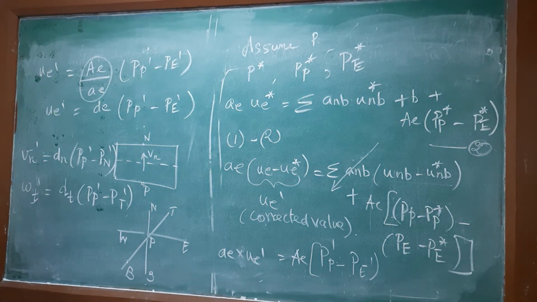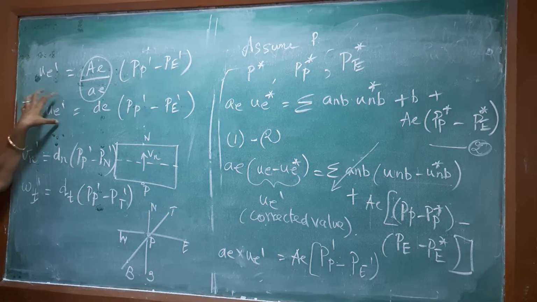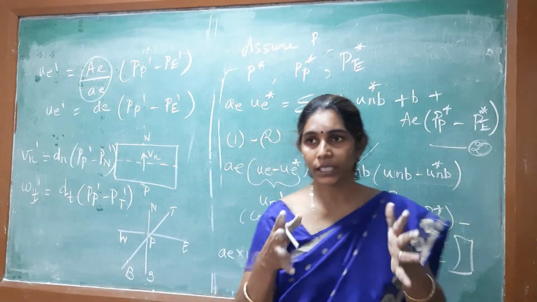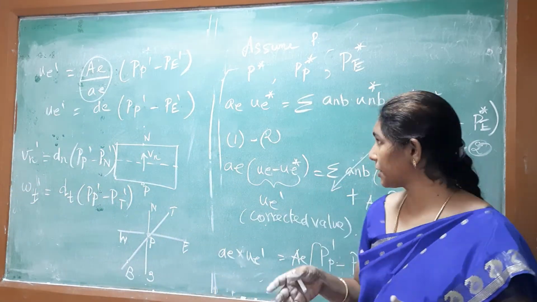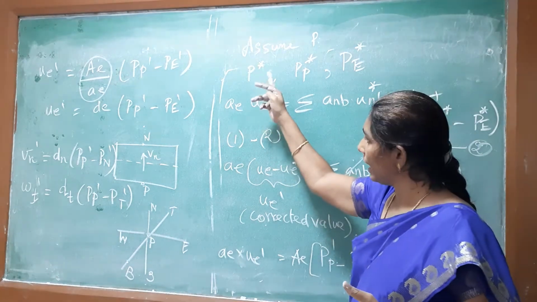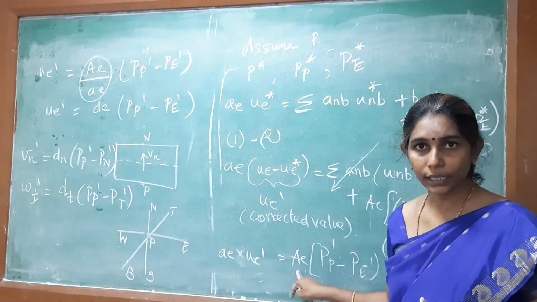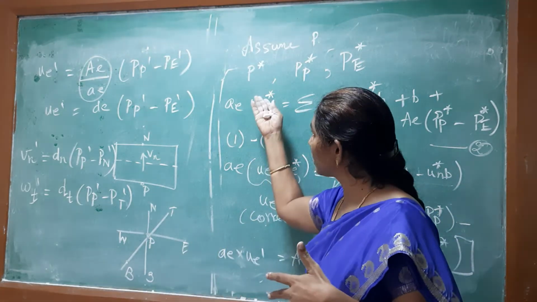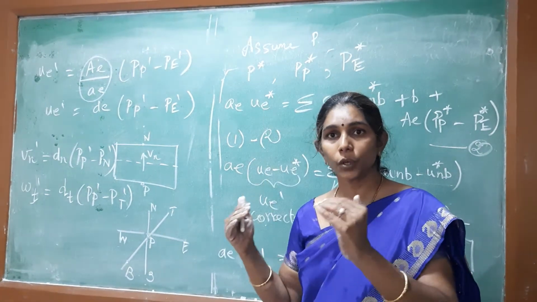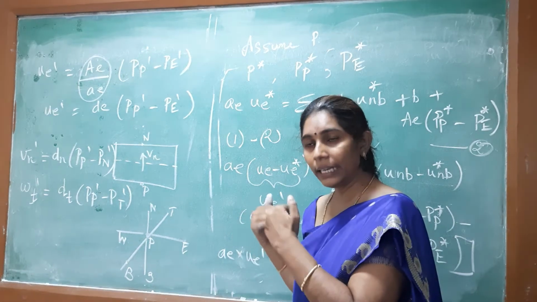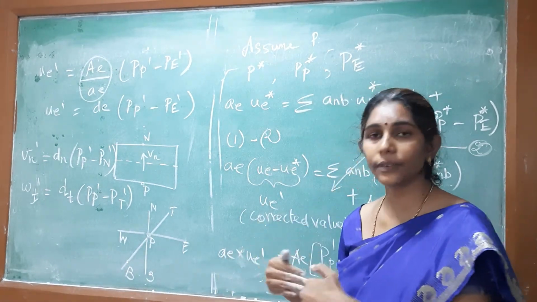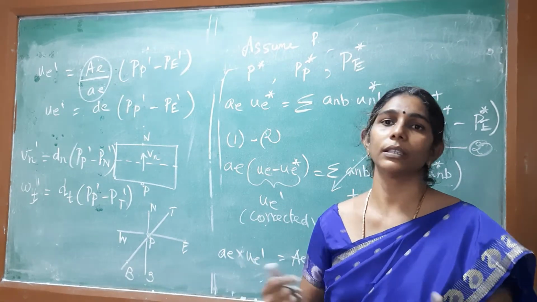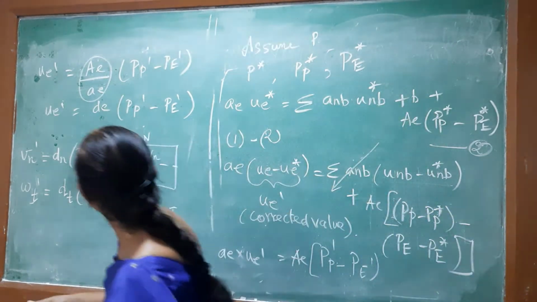Now we have arrived at this value. What did we do? I'll just summarize what we have done so far. We have initially taken a guessed value of pressure, that is your P star, and we have found out what the velocities are. Now these velocities need not be correct because they are coming from the guessed values only. So we have got some inaccurate values of velocity. So these velocities have to be corrected. So we have to include a correction factor for the velocity also, right?